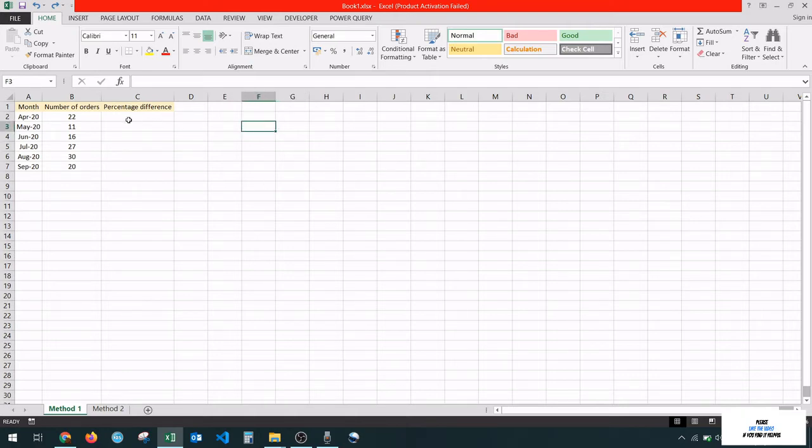What you want to do is go to a cell that we're going to use to insert our formula, and then we're going to drag it down to all the other months. So we're going to go to the first month that is available, which is C3, that is May 2020, and we're going to hit equal. We're going to select the number of orders that we had in May. We're going to divide that by the number of orders that we had in April, which is 22, and then